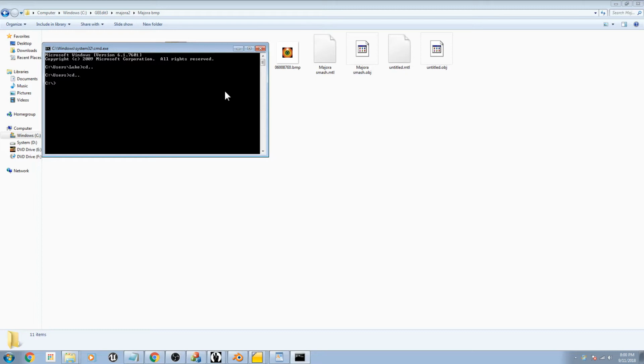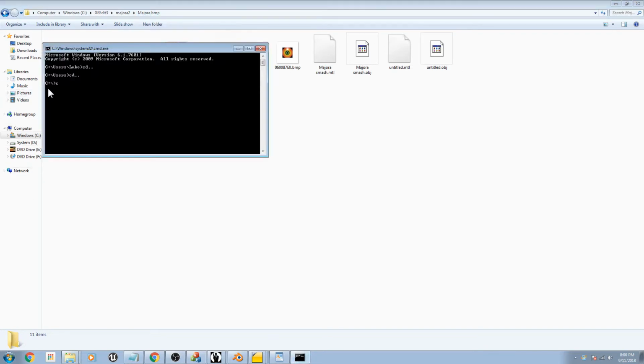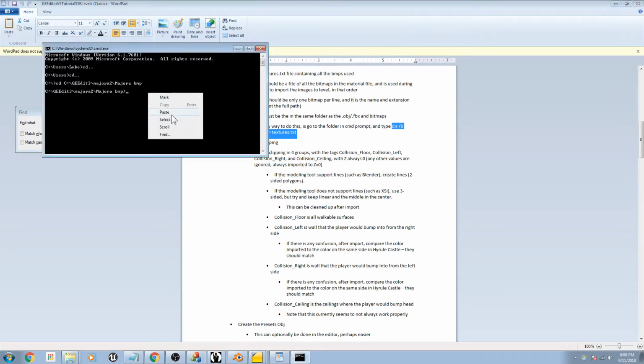Okay, so now we're in the C drive, which is good. We're going to copy address as text, and we're just going to go cd space this. And now we're in this directory. So now we'll just go copy, paste this right in, and that should have just made a text file in